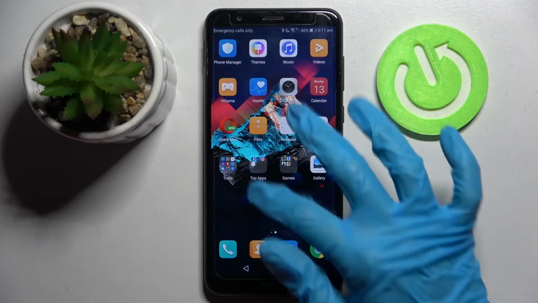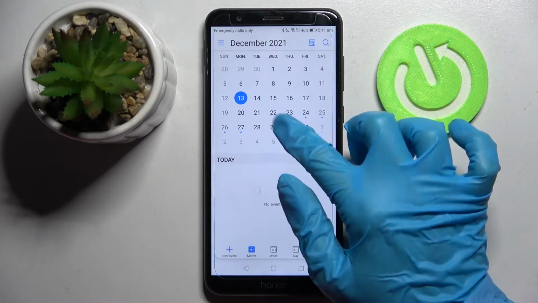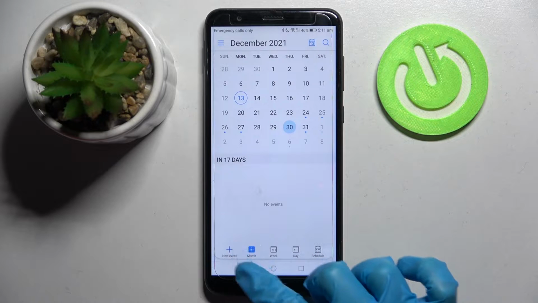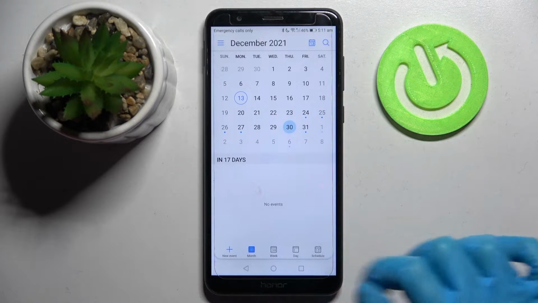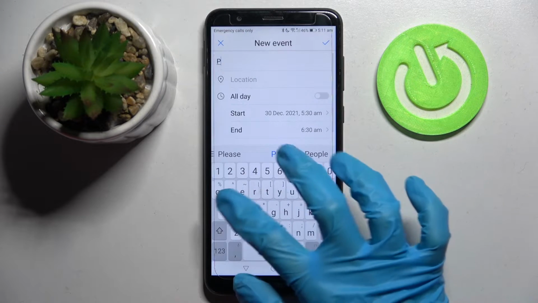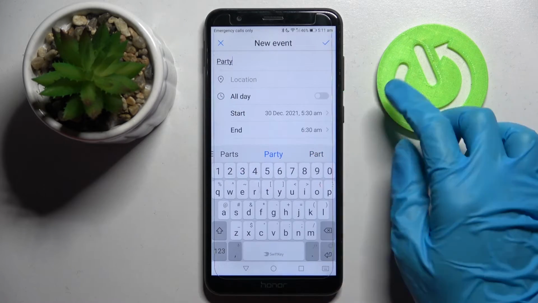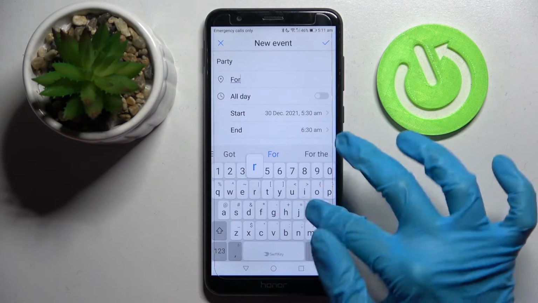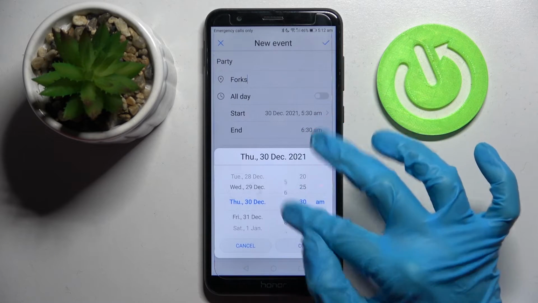First of all, you need to find calendar and click on it. Then pick a date by tapping on the chosen one and click on new event at the bottom left corner. Over here you can customize it however you wish to. For example, add a title, choose location, pick starting or ending hour,